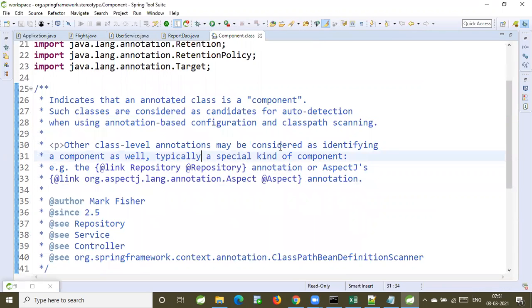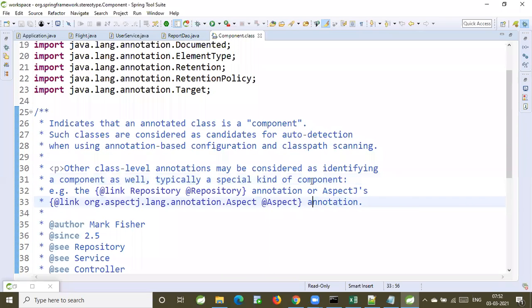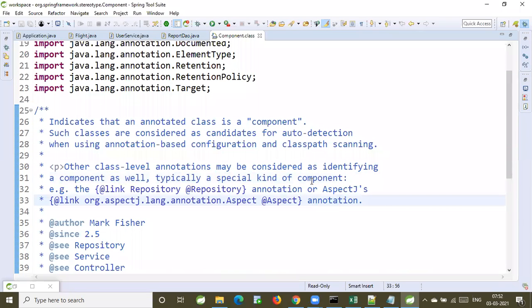Other class level annotations may be considered for identifying components as well, typically a special kind of Repository and Aspect annotations. Whenever you do component scanning or classpath scanning, if any class is annotated with @Component, that class will be scanned and represented as a Spring Bean.